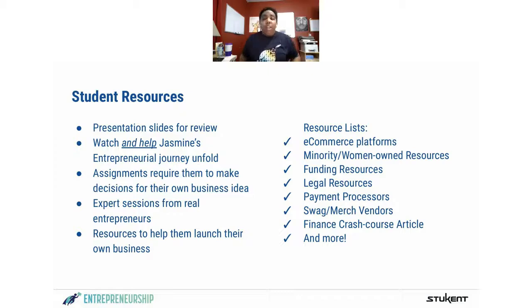And I have developed resources for them to create their own businesses. So you see the print vendors and for swag and merch, that's a sample of what a resource looks like. I have resources for minority owned and women owned businesses, funding, legal considerations that send them to websites that I've already vetted and made sure this is the actual legitimate information rather than ask students to Google things. I know when I first started my business, I wasn't sure about a lot and I ended up on the internet looking, and that took up a lot of time. And sometimes, to be honest, it can be a little discouraging.